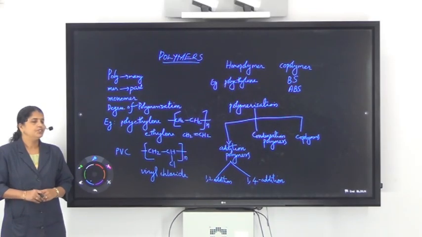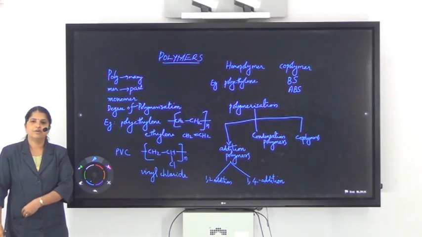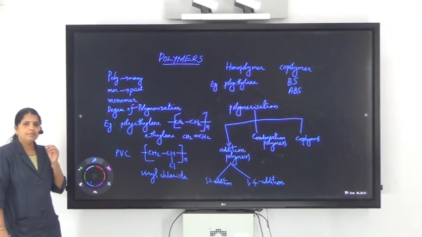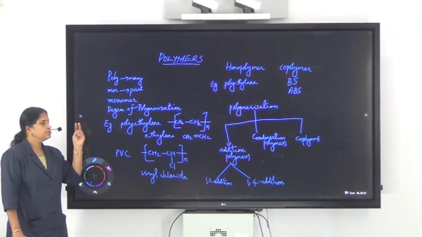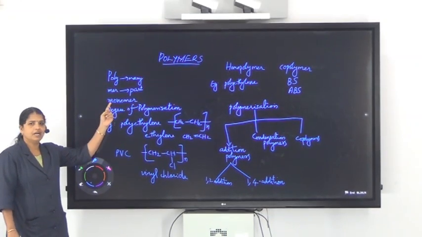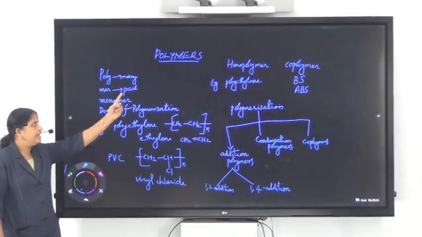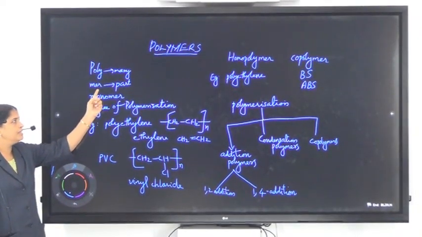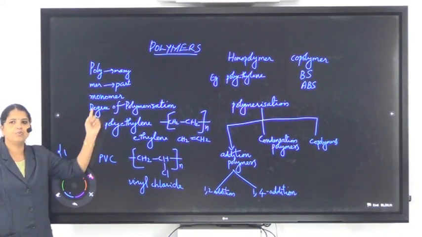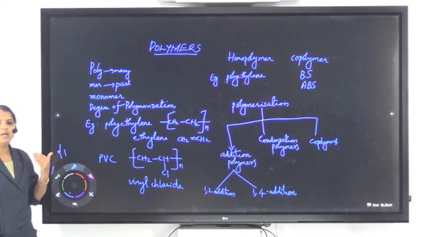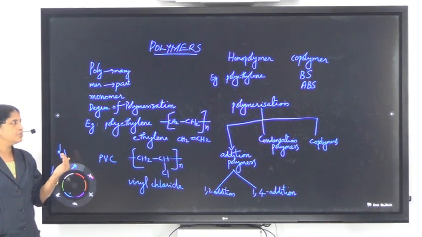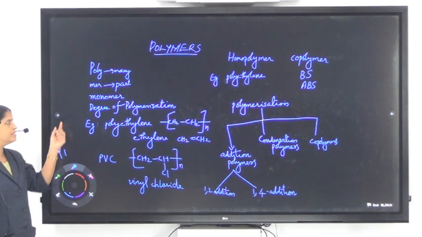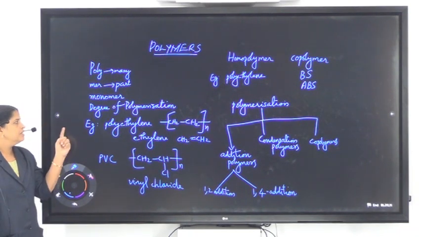Good morning to all. Today we are going to discuss a topic from the 4th module, that is polymers. The term polymer is coined from two small words, poly and mer. Poly means many and mer means parts. So polymer is formed by the linking together of these two words, poly and mer. Like that, polymers are formed by the linking together of small molecules or simple units, and these simple units are called monomers.